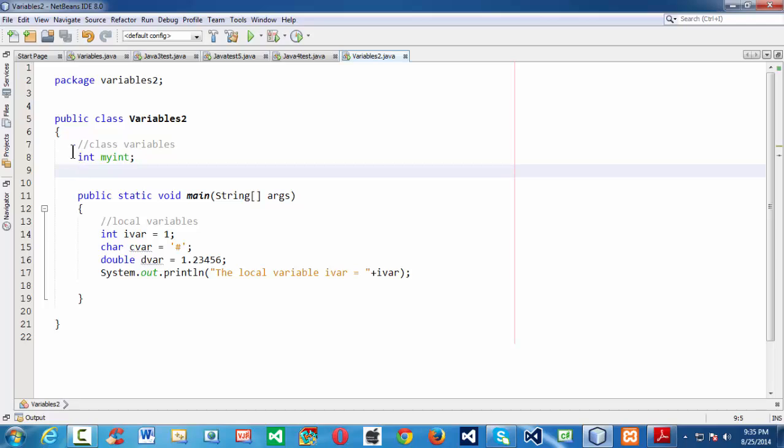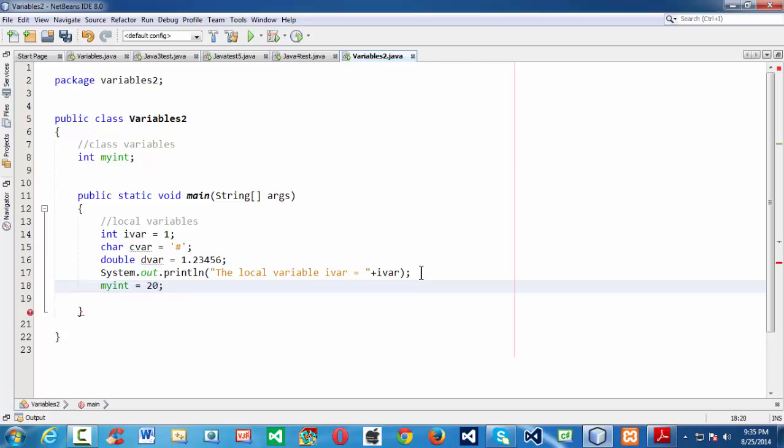Okay, so the accessibility of these class level variables is that you can access them not only within the main or in the other subsequent methods, whatever methods you define here. So if you want to store some value into this myInt variable here, you could say something like this, but this does not work, unfortunately, because when you are defining a class level variable, you need to keep one important thing in mind, that we have to make it